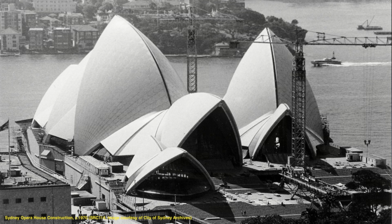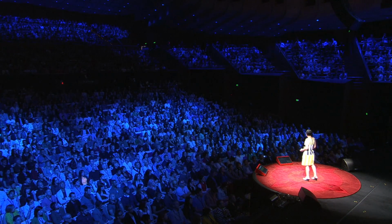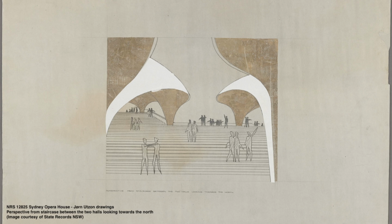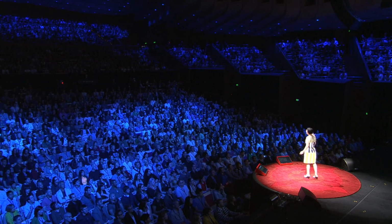State Records New South Wales holds boxes of paper records relating to the Sydney Opera House. They had many of the historical documents that supported the World Heritage nomination. They have drawers of architectural plans, including the original competition drawings by Jørn Utzon. They even have the guest list from the official opening ceremony in 1973, when Queen Elizabeth II cut the ribbon